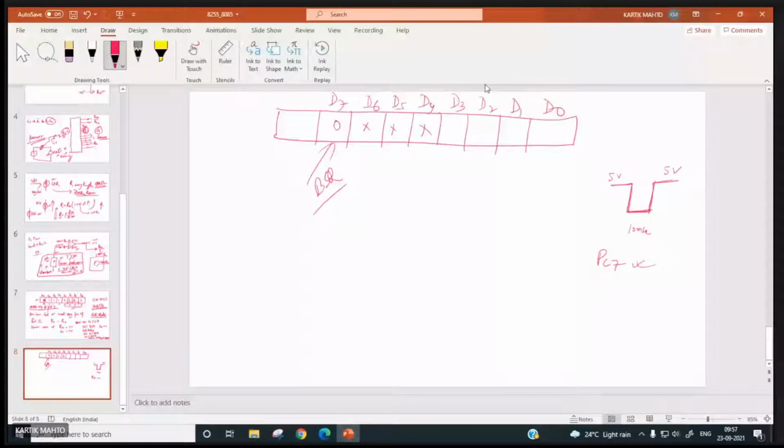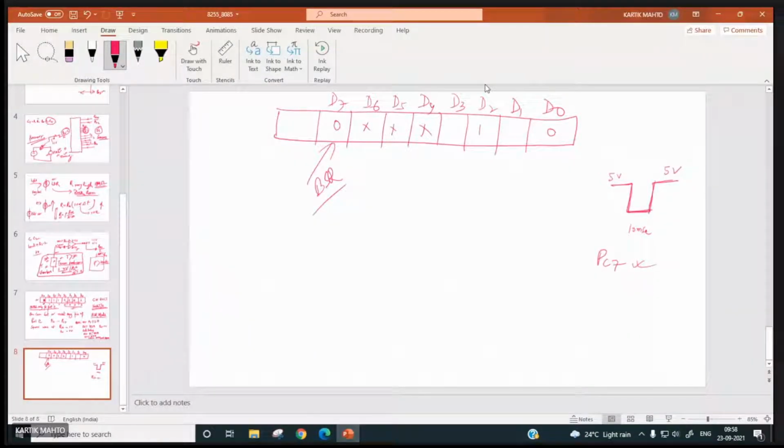Yes, sir. Quickly, sir, for this given program, if we are using BSR mode, then we need to keep D7 as 0. Then D6, D5, D4 are don't care. What about D3, D2, D1? Sir, first we need to use PC7, so D2 will be 1. D3, D1, no need, sir. So D2 will be 1 and D0 will be 0. And what about D1 and D3? Sir, they belong to A and B, so we don't require them.